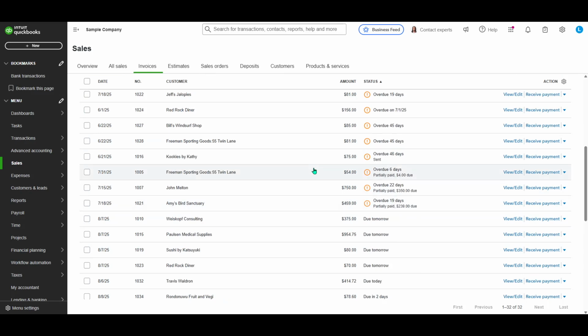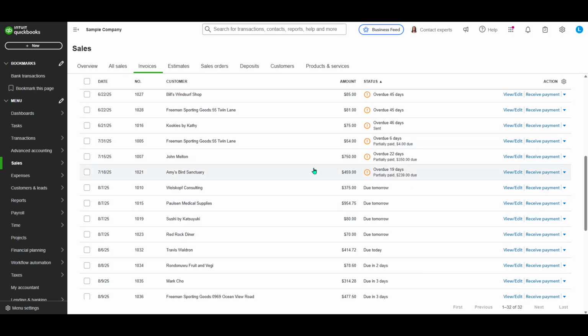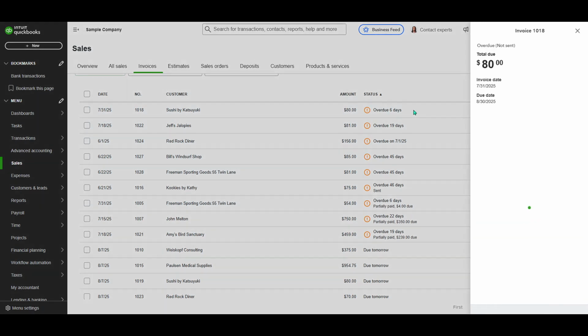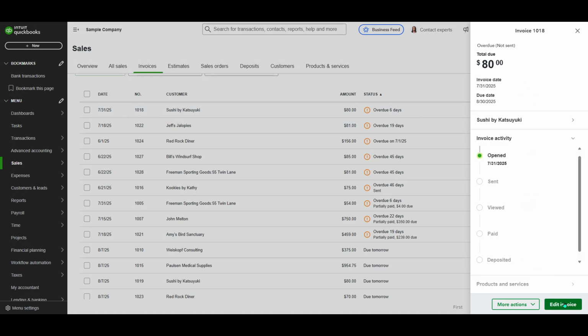Take a moment to locate it within your list, ensuring you're choosing the correct invoice, as this is pivotal for the accuracy of your financial records. Once you've pinpointed the right invoice, click on it to open a detailed view. This window will provide you with all the existing information regarding that particular invoice, making it easier to proceed with